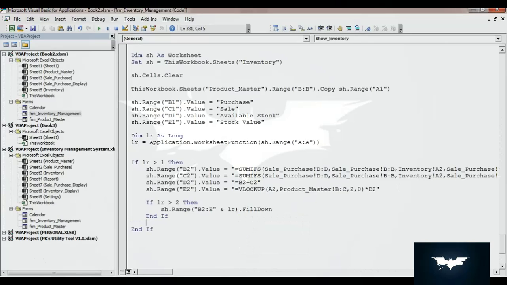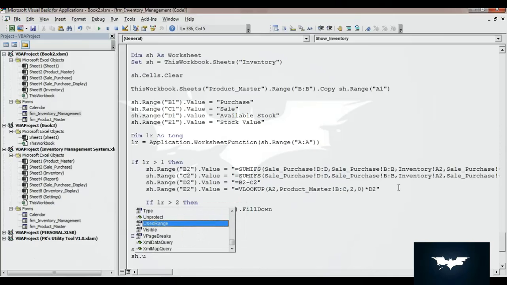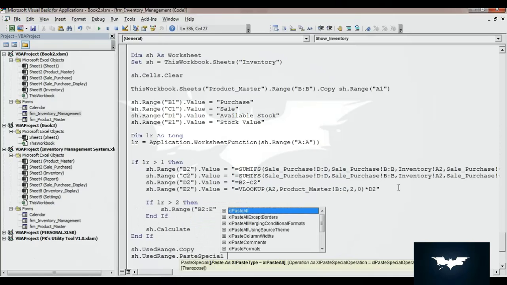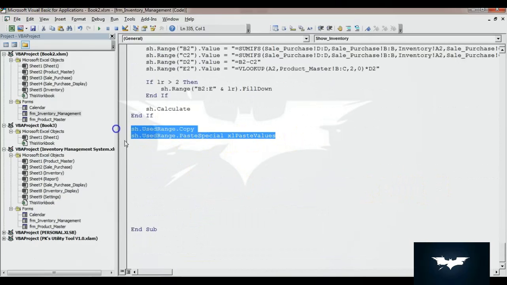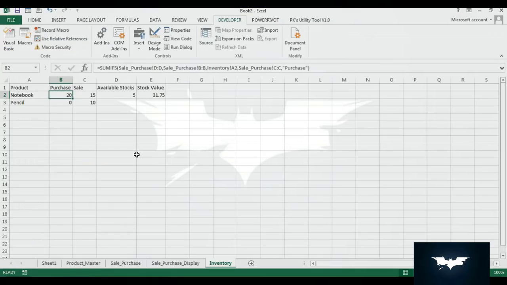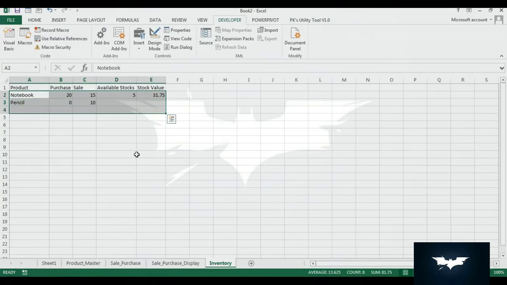Alright, so once we have filled down this formula, make sure you have calculated the worksheet. If somebody has put the calculation mode manual, then the formula may not update. So what we will do, we will use here sh.calculate. Alright, now here sh.usedRange.copy, and we will use sh.usedRange.paste special values. So we have removed the formulas. Alright, so we have created here the inventory sheet. All the data will be available here.